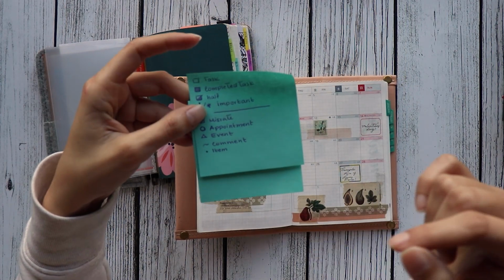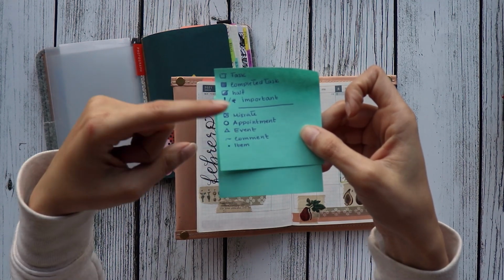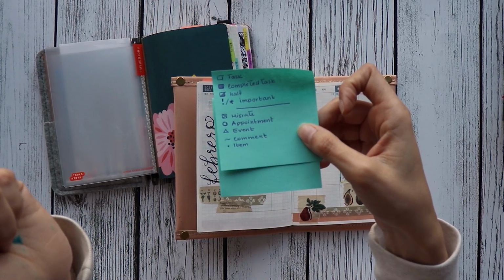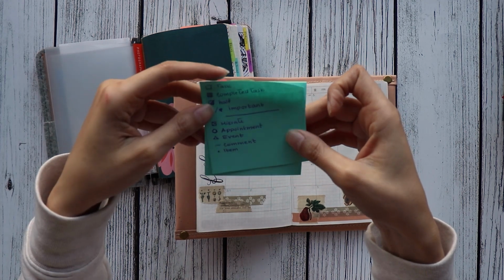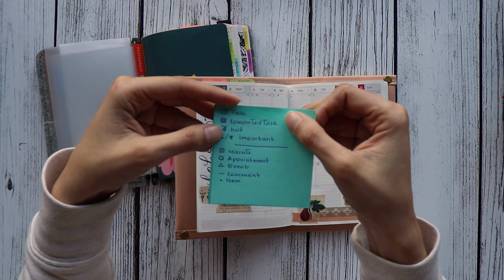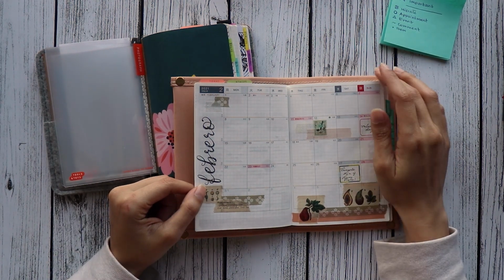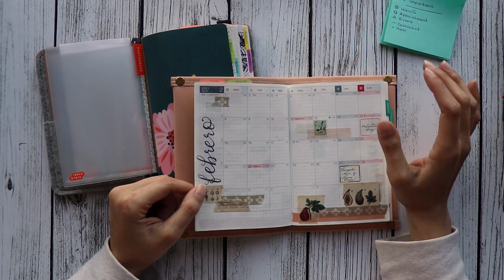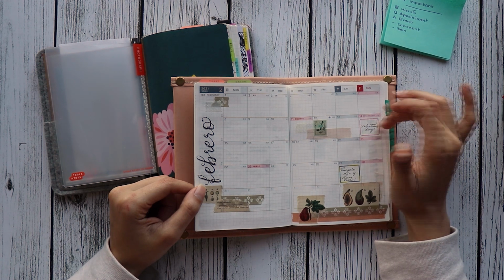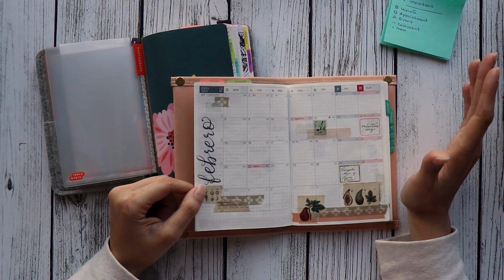And the little dot is for items that are related to either the appointment or the event, like a little extra related to one of these signifiers. This has been really working for me. I never add a key to my planners because this is already by memory. And this year, another change is that even though I have been more than content with my Hobonichi A6 for the past 2+ years, this is my third one, I have decided to incorporate other elements of the bullet journal method, like the